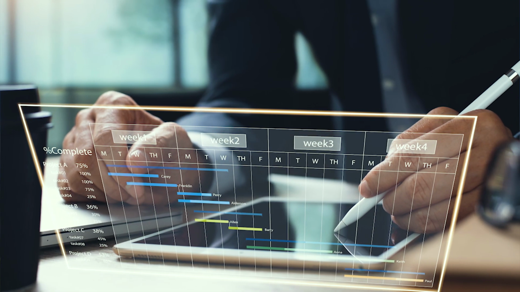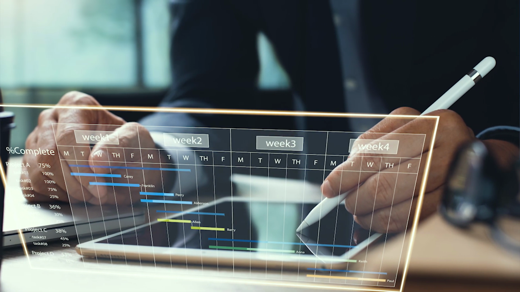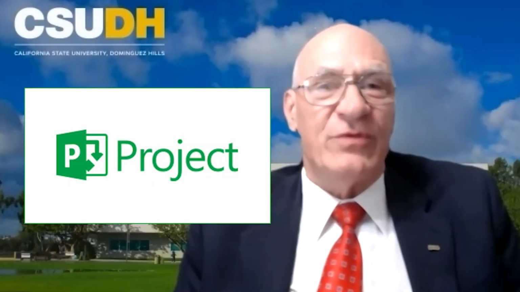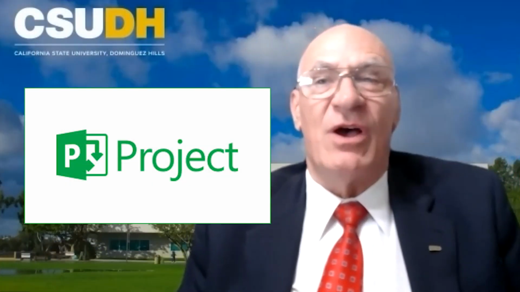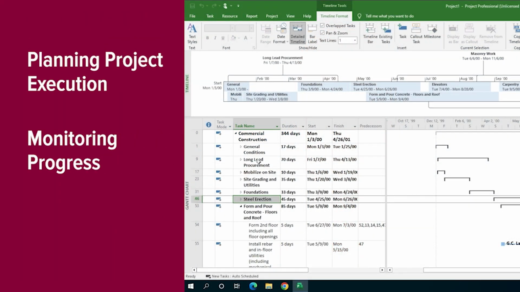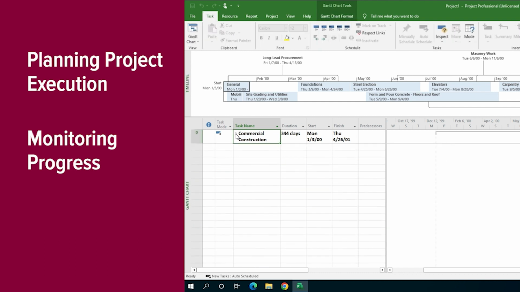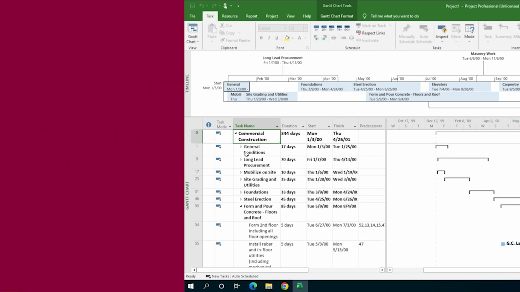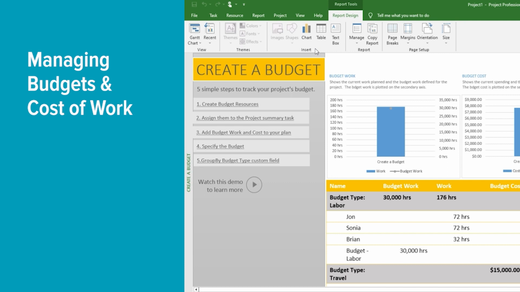Every professional makes use of some tool to get their job done. For project managers, that tool is a full-function scheduling application like Microsoft Project, which provides functionality in several areas of managing projects, such as planning the project execution and monitoring progress against the plan, managing the budget and the actual